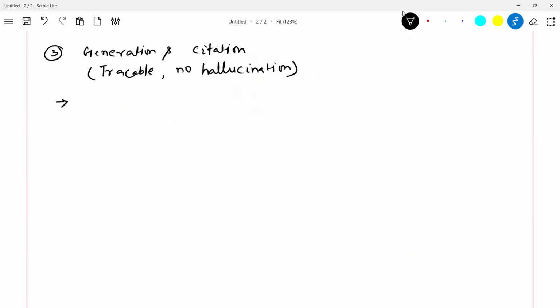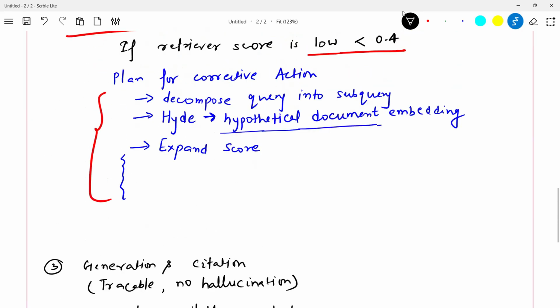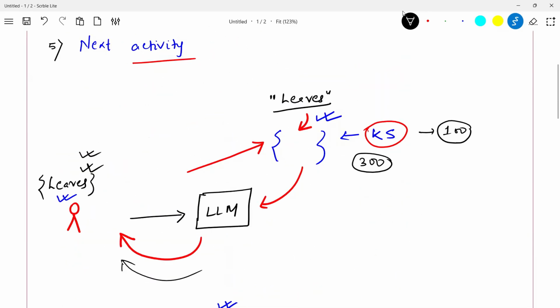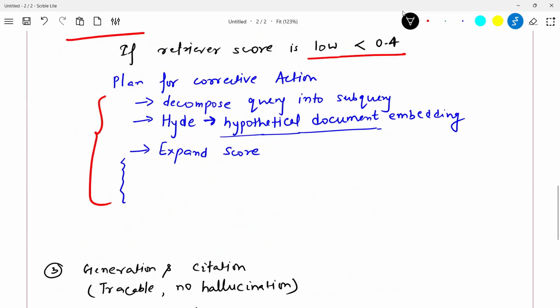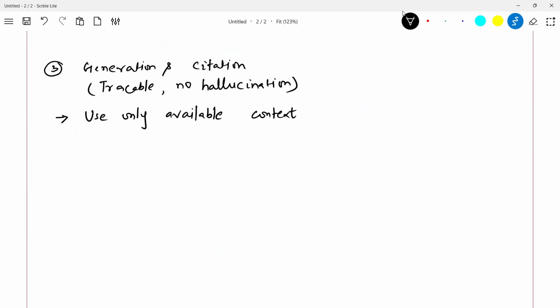For this, you want to use only whatever is available in the knowledge base. So if I ask about leave, it should only go and search leaves. It should not search holidays. If holiday information is not there in my leave database, it should not fool me by giving me holiday information. And all of you know hallucination is a big problem in the world of LLM powered apps. So no hallucination. Now I'm trying to show you how we are going to do this.